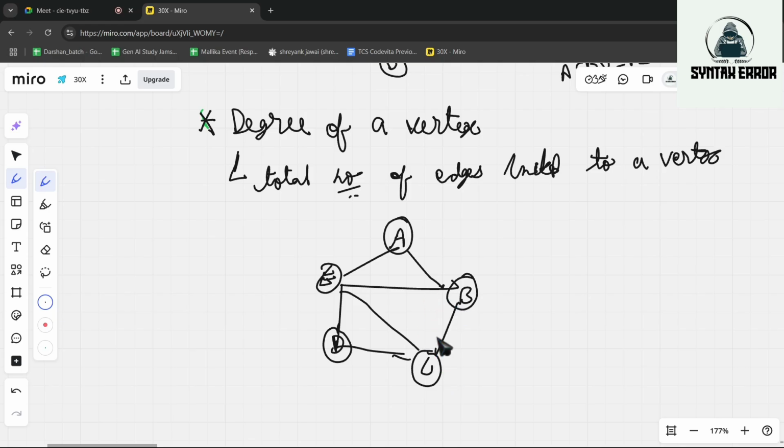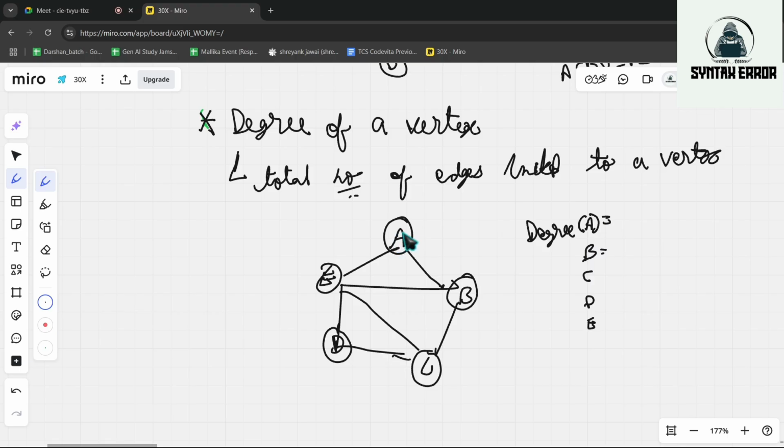So in this graph, we have to find the degree of A, degree of B, C, D, E. So I'll say the degree of A and B. You guys will say the degree of C and D.